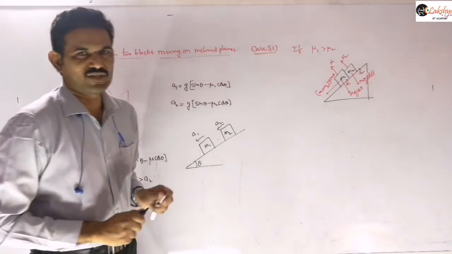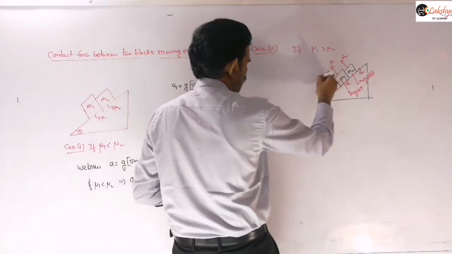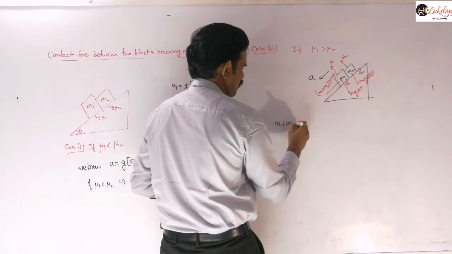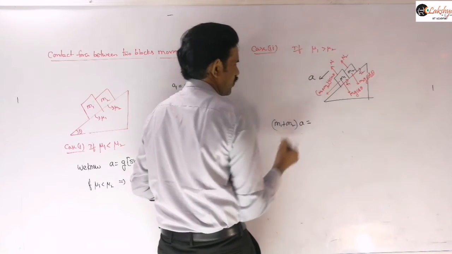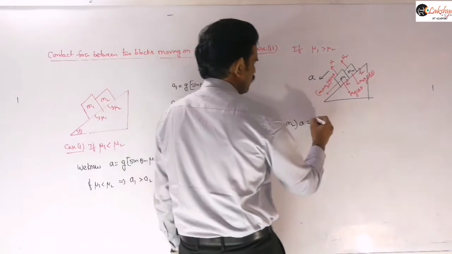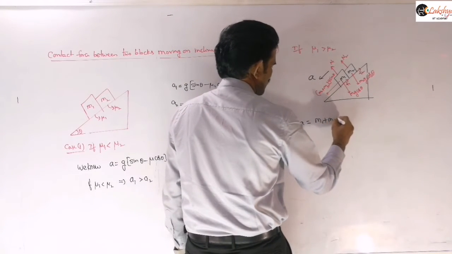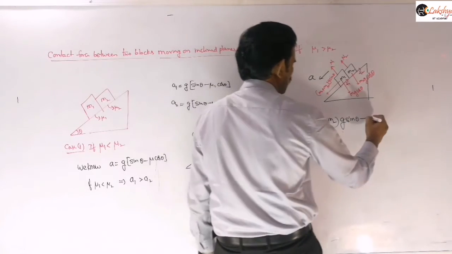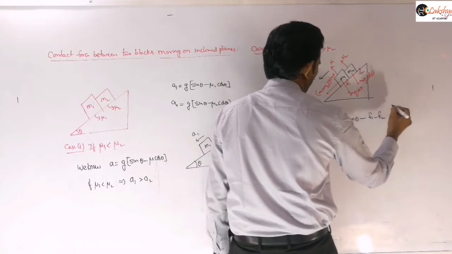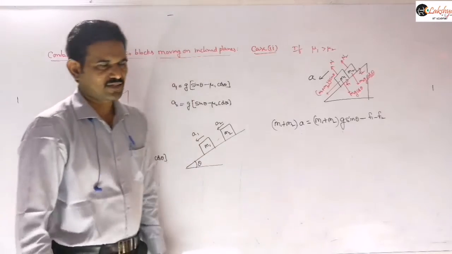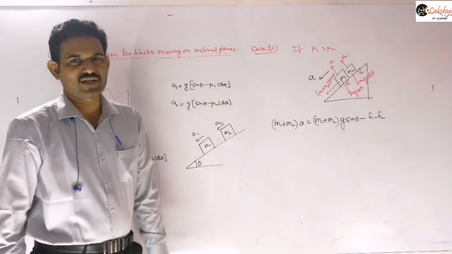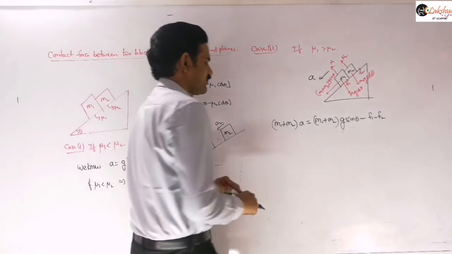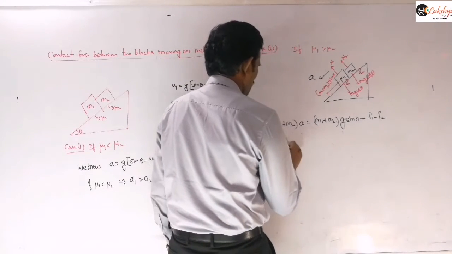Now we are assuming that both of them together as a system are moving with some acceleration A. Therefore, I am writing M1 plus M2 into A common equal to the net force, which is M1 plus M2 into g sin theta minus F1 minus F2. Is it clear? Because F1 and F2 are acting in opposite directions, and as the coefficients of friction are different, those values are also different. And so now you may write the acceleration of the system from this.